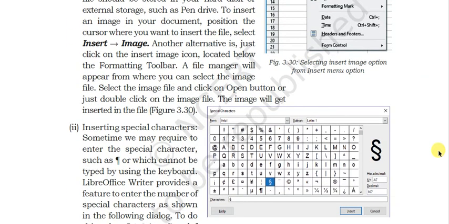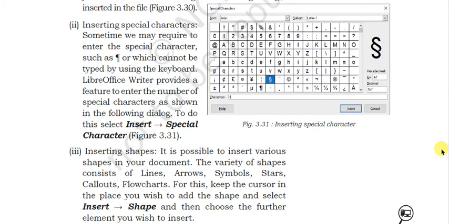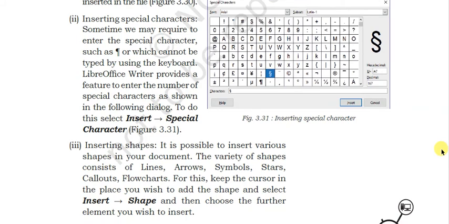Inserting special characters, everything is available in this Special Characters dialog box. Okay, the characters that are not available on your keyboard will be available here. The menu shortcut is Insert and then Special Character.